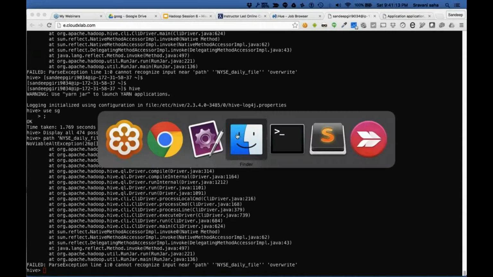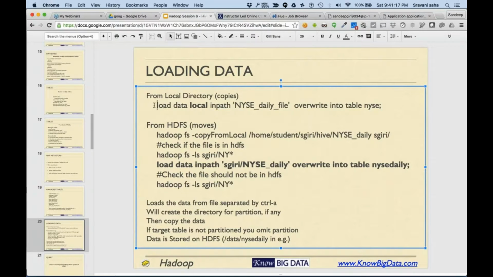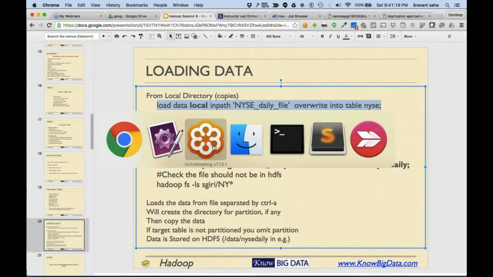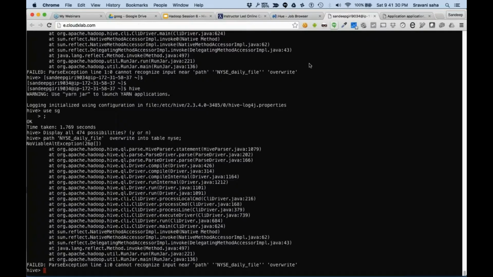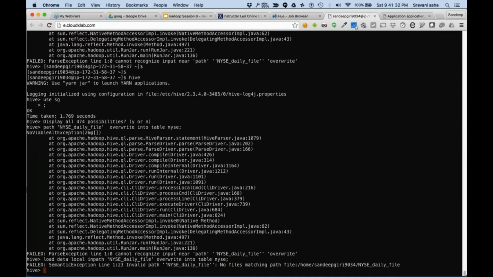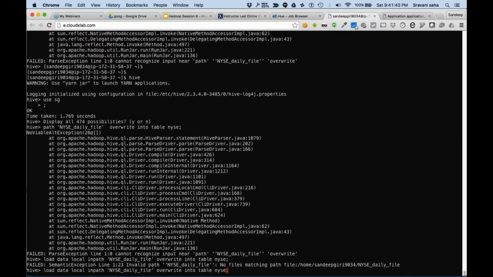Oh, I'm not saying load there. While copy pasting, it has done something wrong. Okay, so let's try to load the data from my local file. It says no matching file found. Why is it so? Oh, it's in caps.